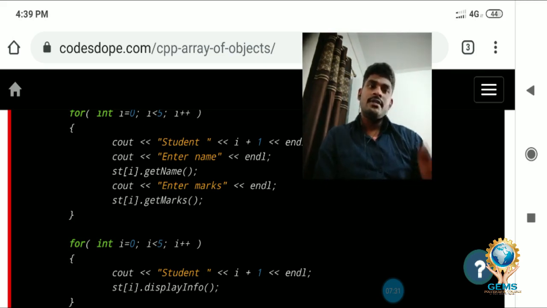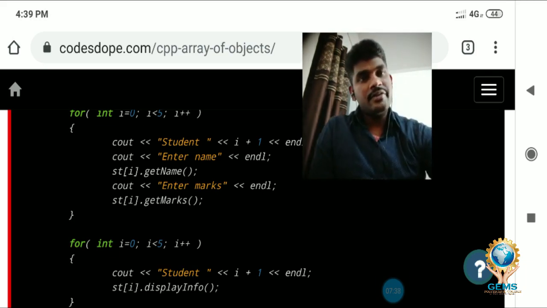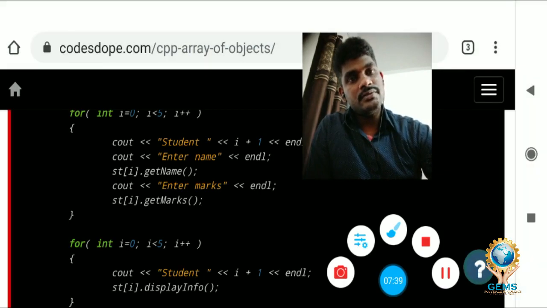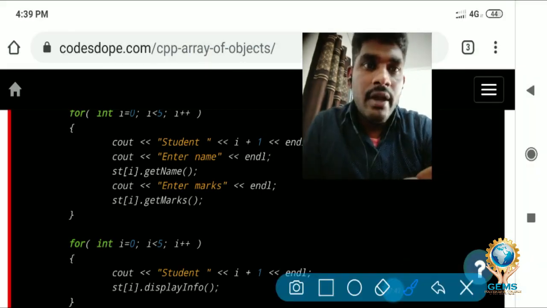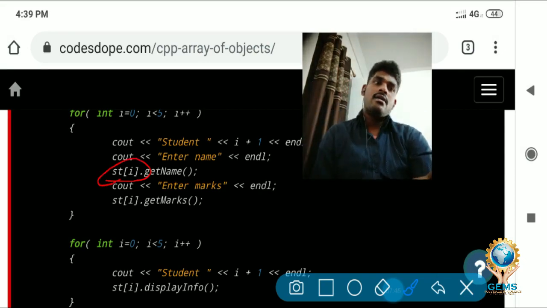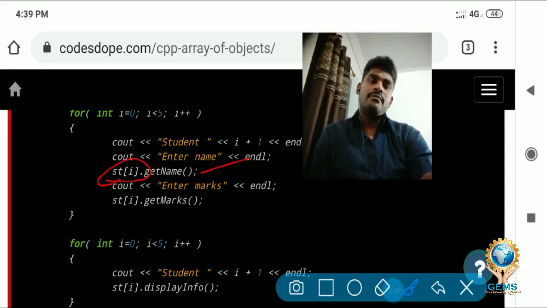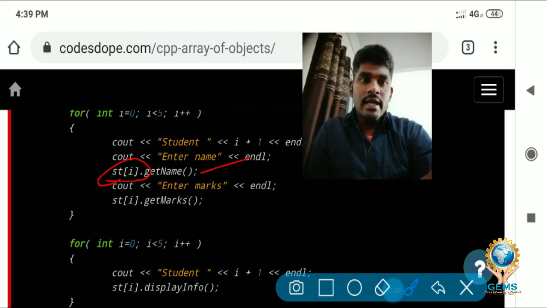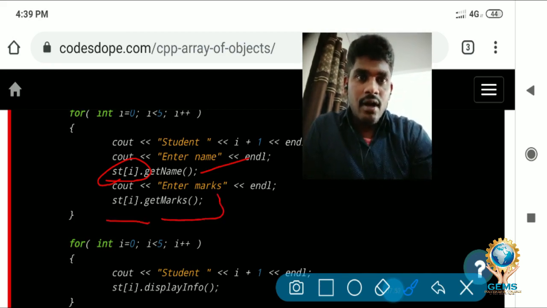Look at here, this is the array st. Look carefully: st[i].getname, and then st[i].getmarks.